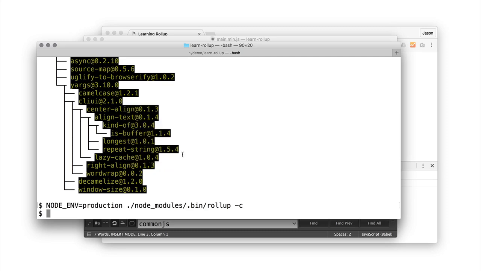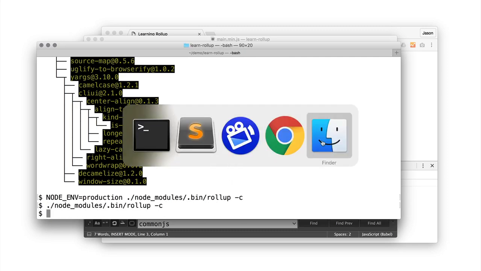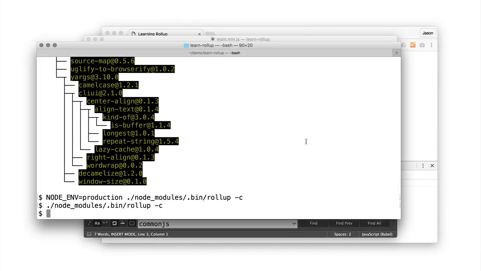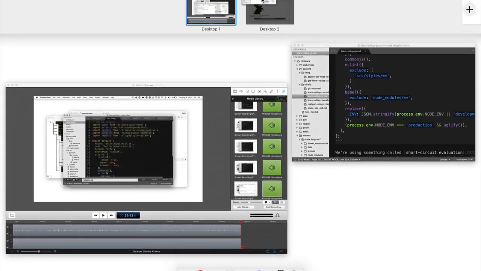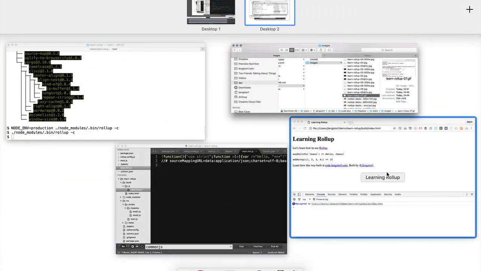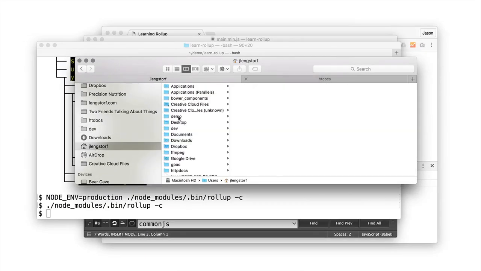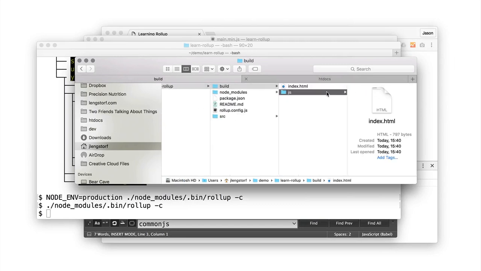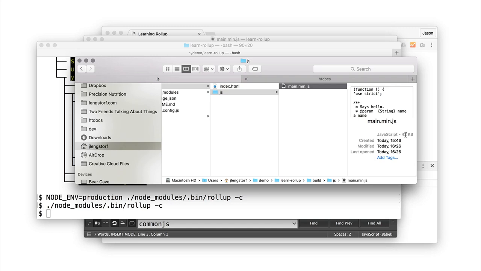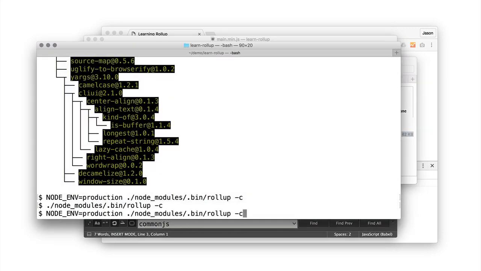So if we run this without it, we can look and let's create a new Finder window. Let's just bring it over here. All right. Create a new Finder window, and we'll go into here. There's my demo, and we can look at the build and see that the JS that's built here is about 42 kilobytes, right? So then let's run it in the node env,